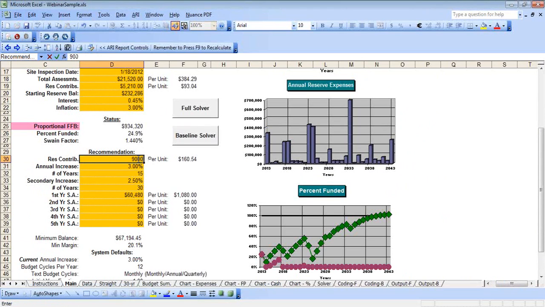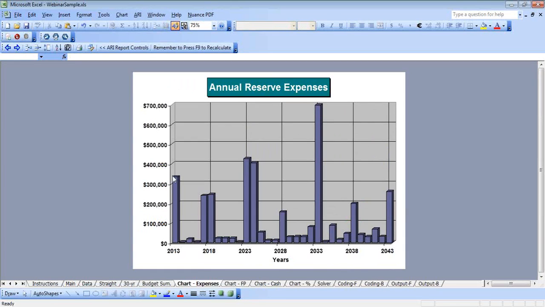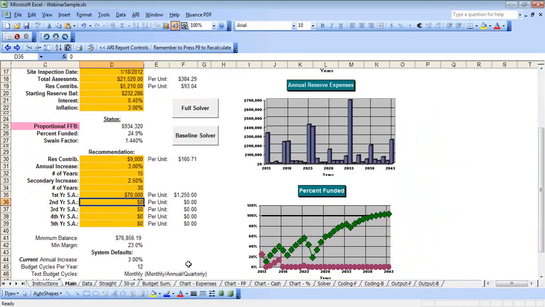With contributions of $9,000 a month, which is a nice low number, and I'll give them a nice even special assessment, although I'm not sure any special assessment can be called nice. But you see the expenses here. That cost for fencing in the initial year significantly strains their reserve balance, and so they do need a special assessment to get through that first year. But once we get through that first year